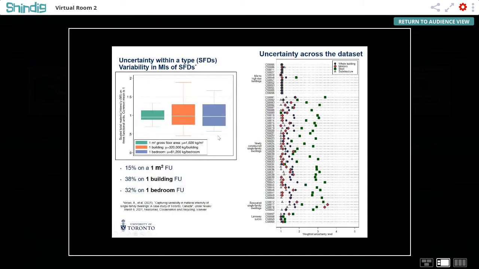Our work also supports thinking about uncertainty and variability in two ways. On the left, you can see the variability within a typology. In this case, it's a single-family dwelling. And this facilitates calculations of uncertainty when doing predictions on material use and GHG emissions. And on the right, you can see that the data structure itself also requires quantification of uncertainty for each material takeoff that we do, based on where the material information is taken from. Is it the original building drawings, or the building code, or the product brochures?